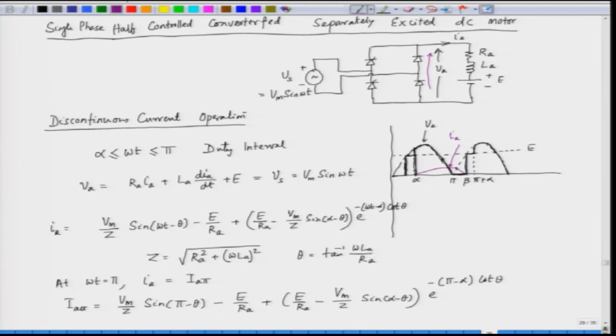The voltage cannot be negative, so the diode will freewheel the load current. These two diodes will be forward biased, because when the voltage is close to 0 or a little bit negative, the load current will be freewheeled through the diode, and that is called the freewheeling interval. During freewheeling, the current is exponentially decaying, and the voltage is actually 0 here.